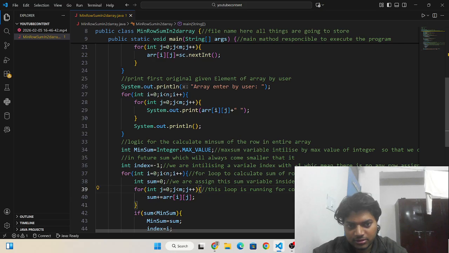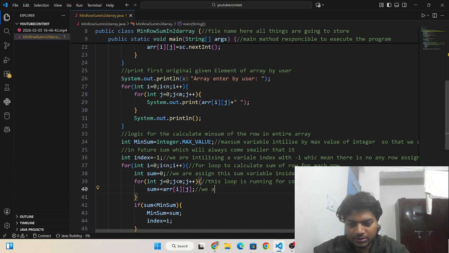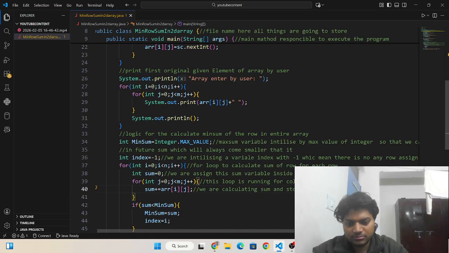Okay, and here we are calculating the sum and storing it in the sum variable also at the same time. Okay,